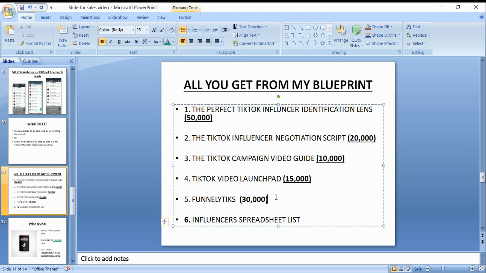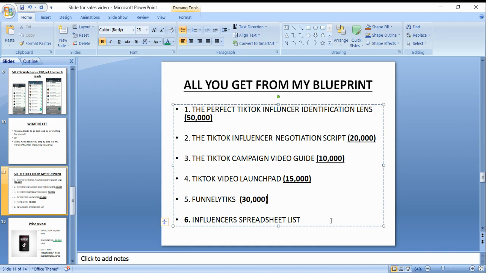Therefore, if you want to convert them into customers after they become your leads, you cannot do it the usual way you were converting before. You have to do it in a very special way, and that is what I'm going to be showing you in the analytics section: how to convert TikTok leads into paying customers.